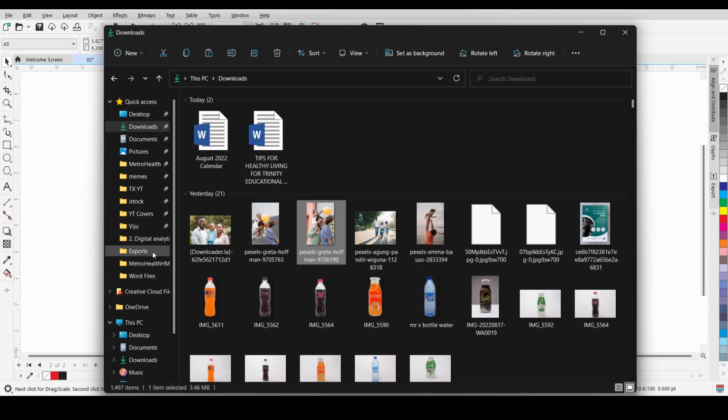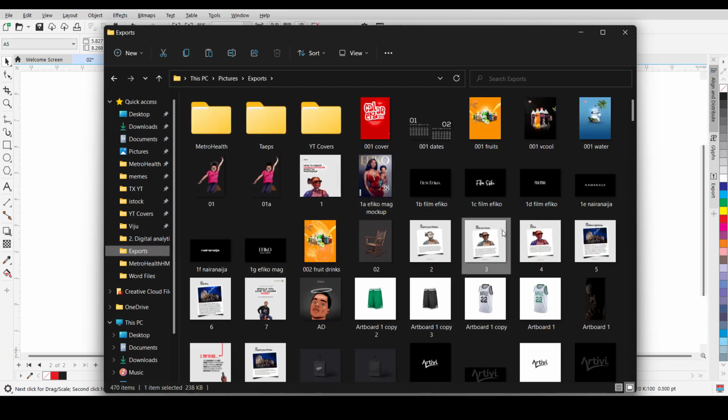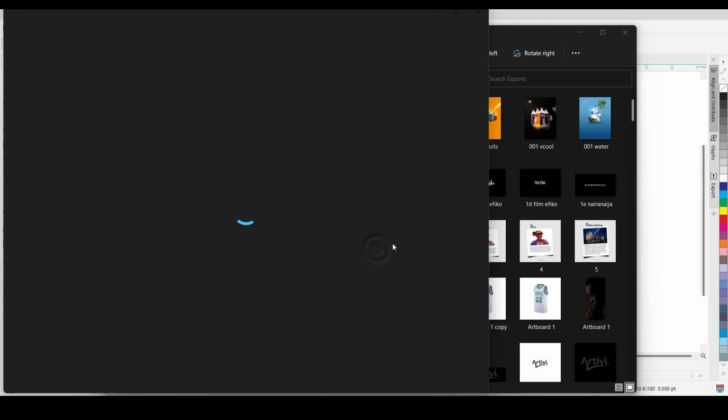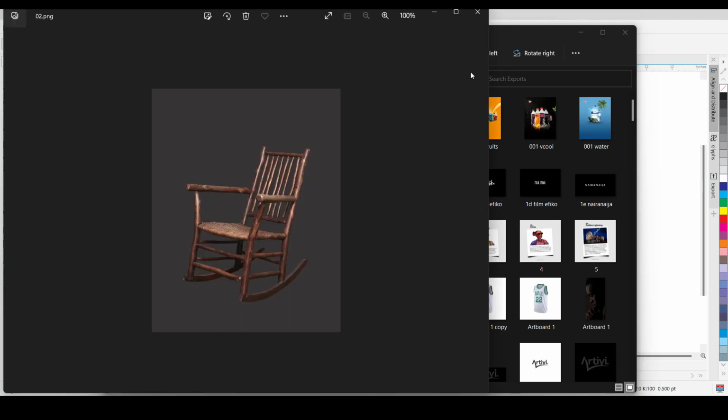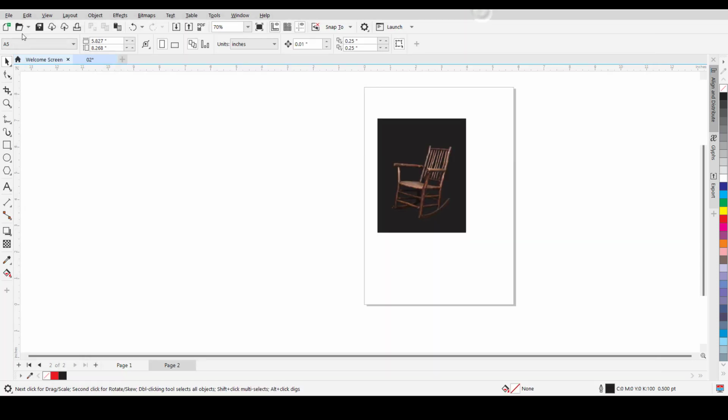So under exports, you can see O2. You just type O2 here, and there, that's our chair. So you can see our exported image. That's it. It's now a picture, right? And after that, we have